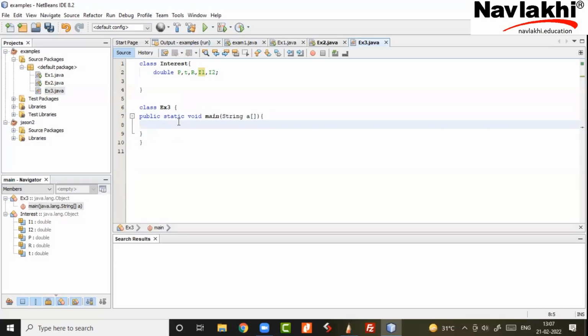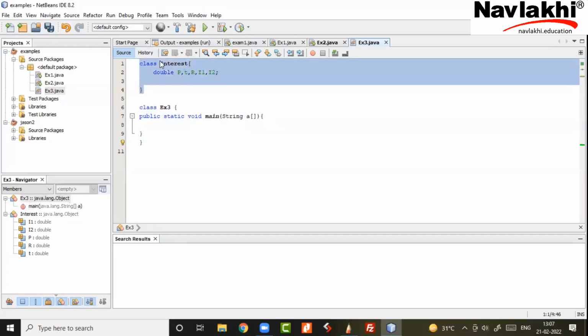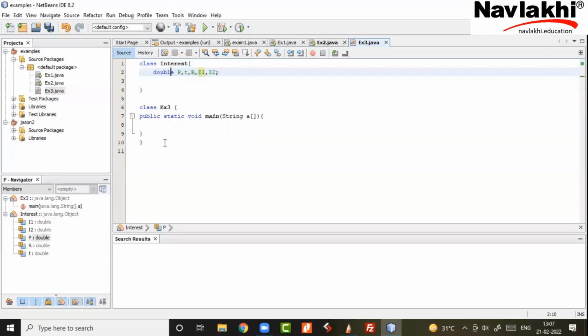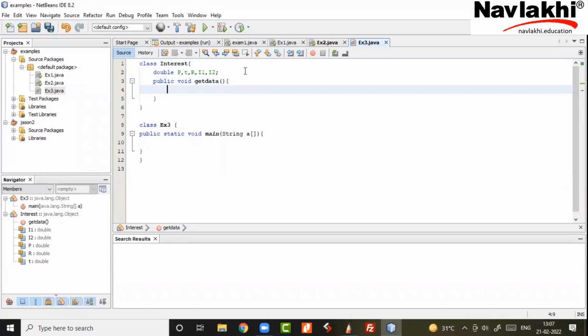Okay, now since main is a separate class and your functions are in a separate class, so technically this guy is like an outsider who's trying to call those functions. So we will define those functions again as public. Okay, so public void means I'm not going to send back any results. And we can call the name of the function as getData, meri marzi. You may say, sir, why not input, your choice? Yeah. See, when you're naming the function, it's really up to you. It's your child, you can name it however you like. It is something like that.